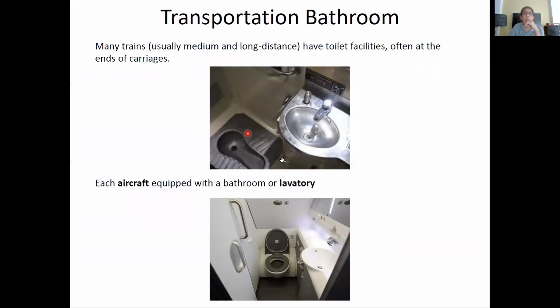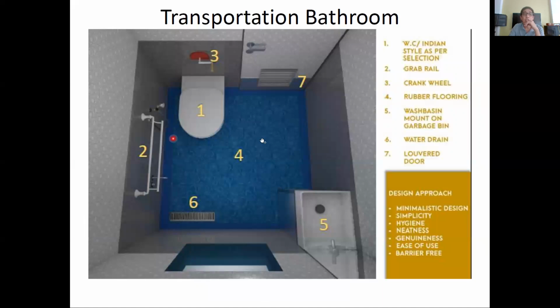This is a transportation bathroom. We can see this in aircraft, on a bus, or a van. This is very compact. As you can see, there's no shower in it. This is an Indian type water closet on a train or a bus.